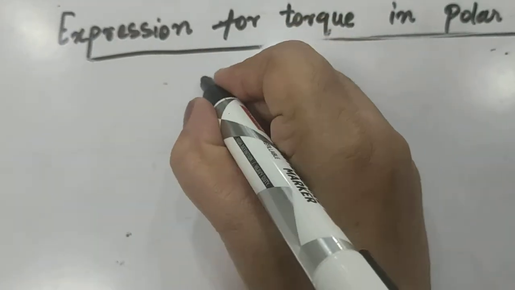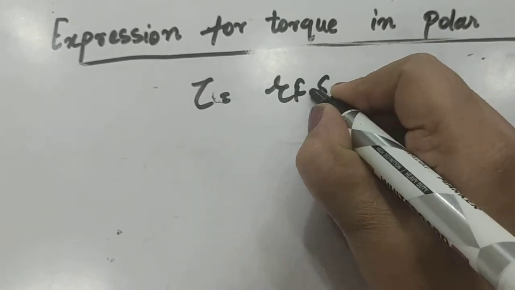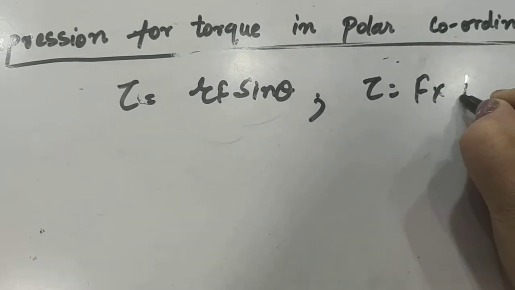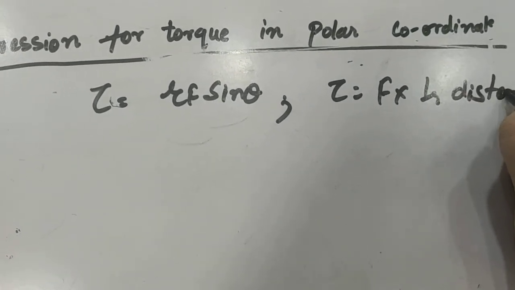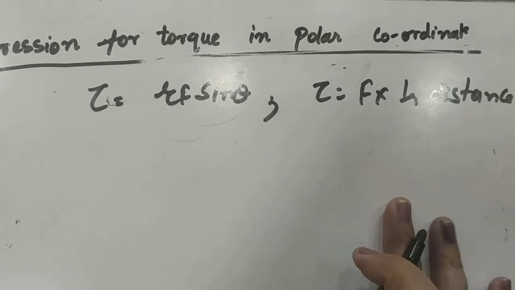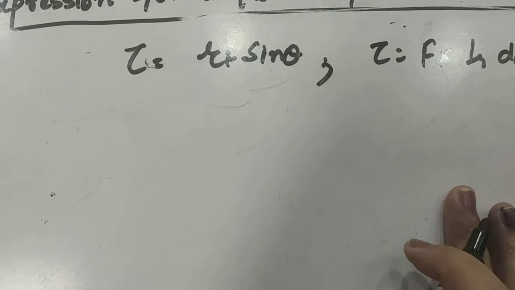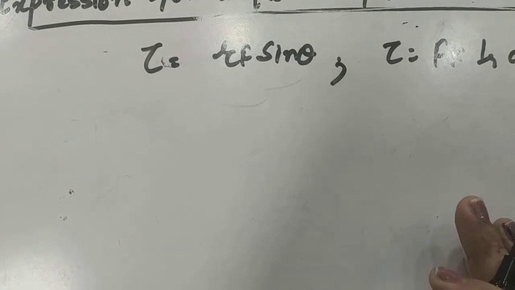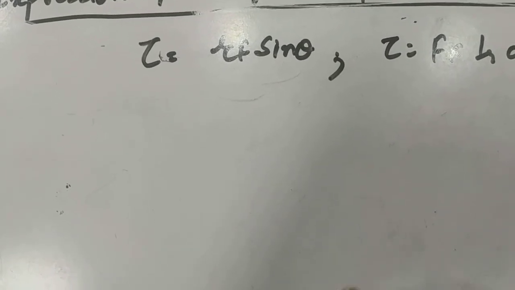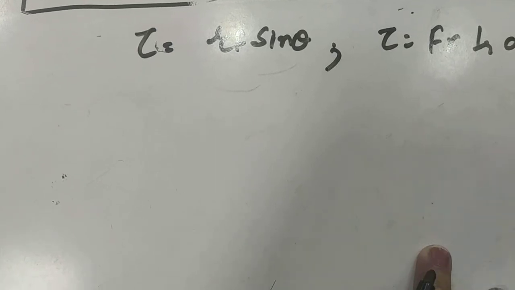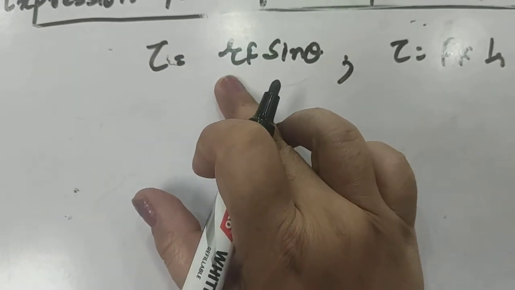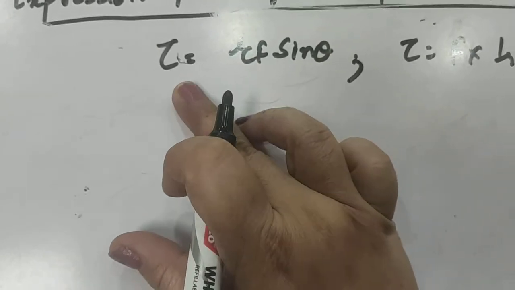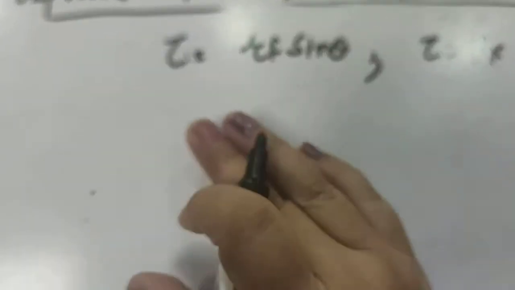Now we can discuss the formula torque is equal to rF sin phi. One formula we have derived, and another is torque equal to force into perpendicular distance from the line of action of force. As I explained while explaining torque, take the case of opening a door. You can open or close the door by applying a force at the handle easily. You can open the door by applying the force at the middle also, but if you apply the force at the handle, then r will be maximum. Since r is maximum, torque is maximum, so you can easily rotate the door.